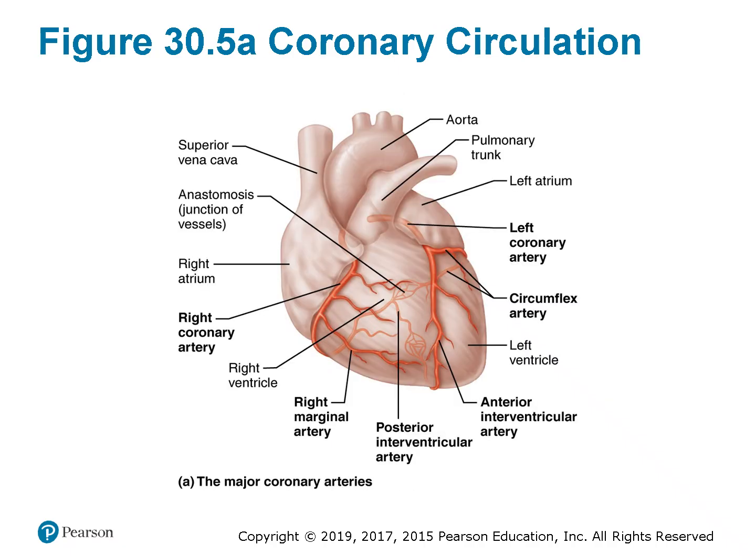The left coronary artery quickly divides into two main branches, the anterior interventricular artery and the circumflex artery. The anterior interventricular artery supplies blood to the anterior walls of both ventricles and the interventricular septum, while the circumflex artery serves the left atrium and posterior portions of the left ventricle. Together, they ensure that the most muscular and energy-demanding chamber, the left ventricle, receives a steady oxygen supply to maintain